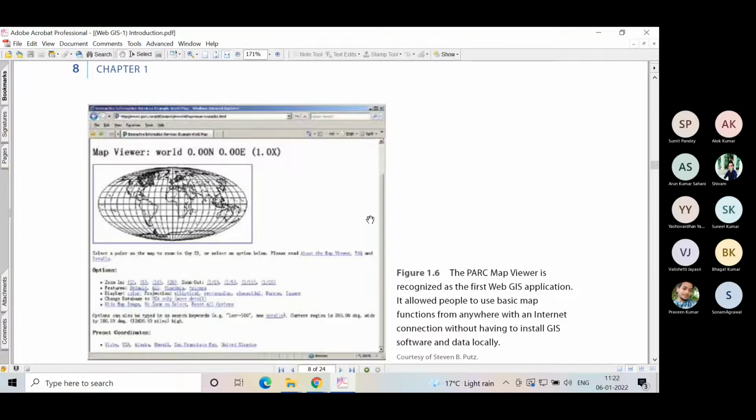Thereafter, the different mapping services have been started, like Alexandria Digital Library, Canadian Atlas Services, then Tiger Online Mapping Service, MapQuest. These are some of the earlier developments in the field of WebGIS, and most of them are used for the mapping purpose. Okay. Then when Web 2.0 came, again it has an impact on